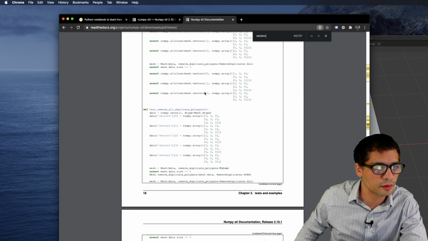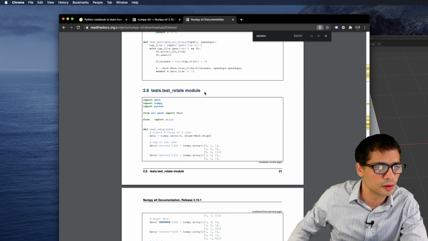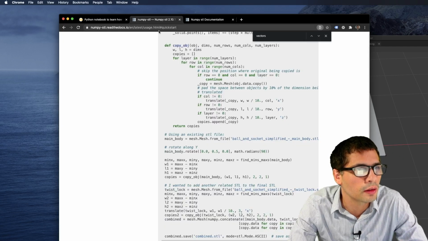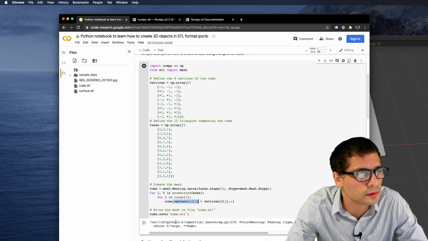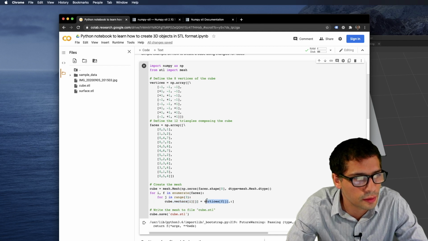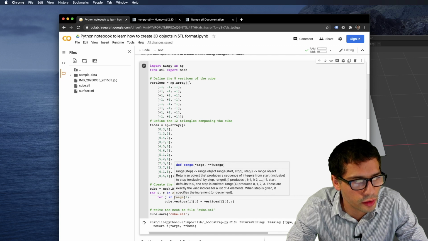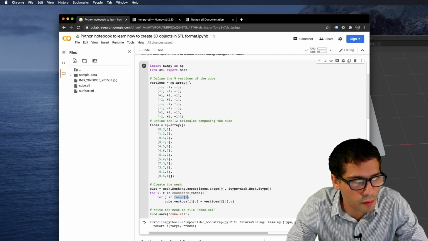It doesn't have much information about this, but okay. So vectors is basically going through each face, and then for each face it creates a range, like when a range of 3 is 0, 1, 2, right?